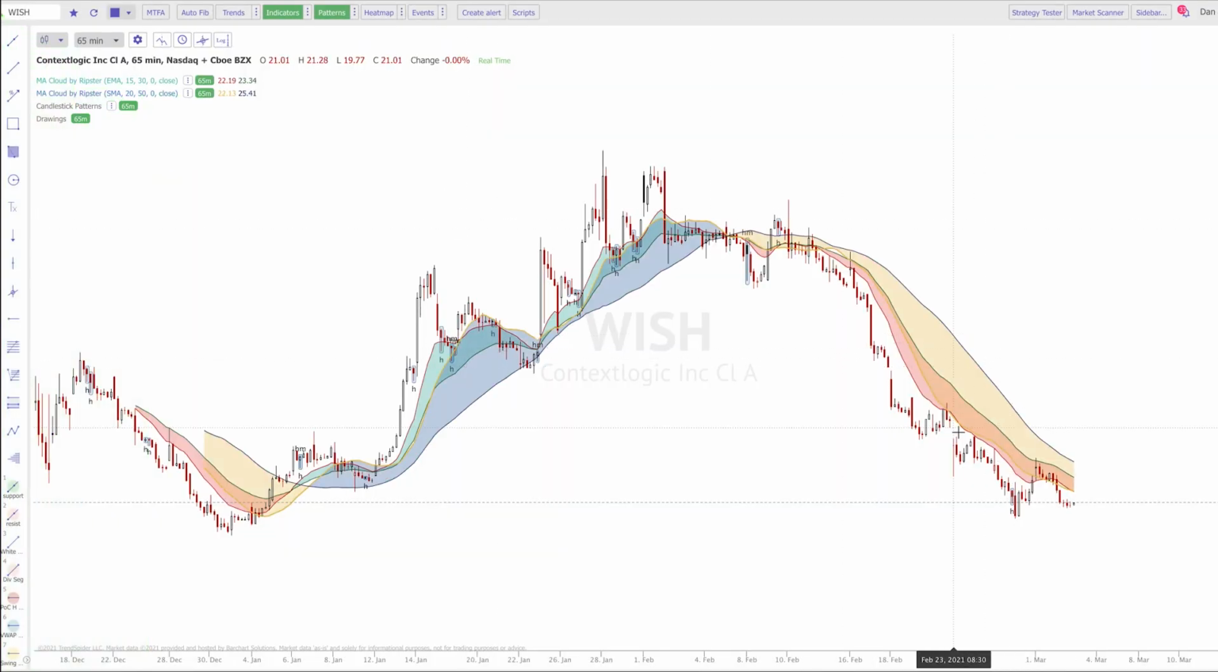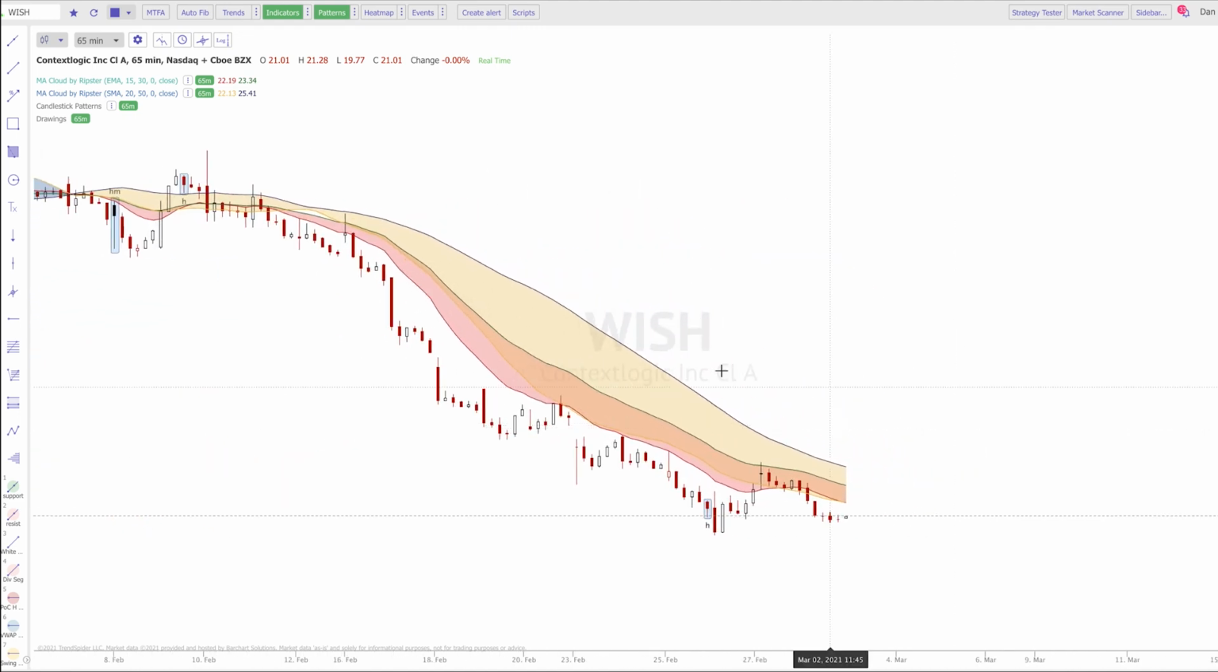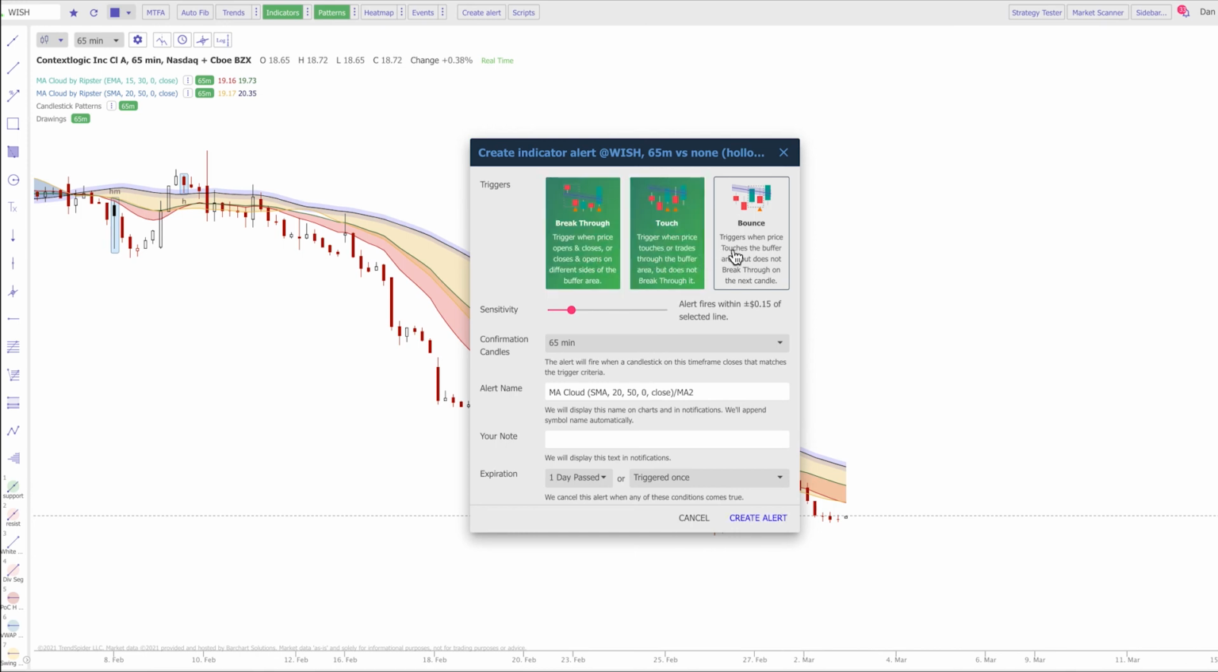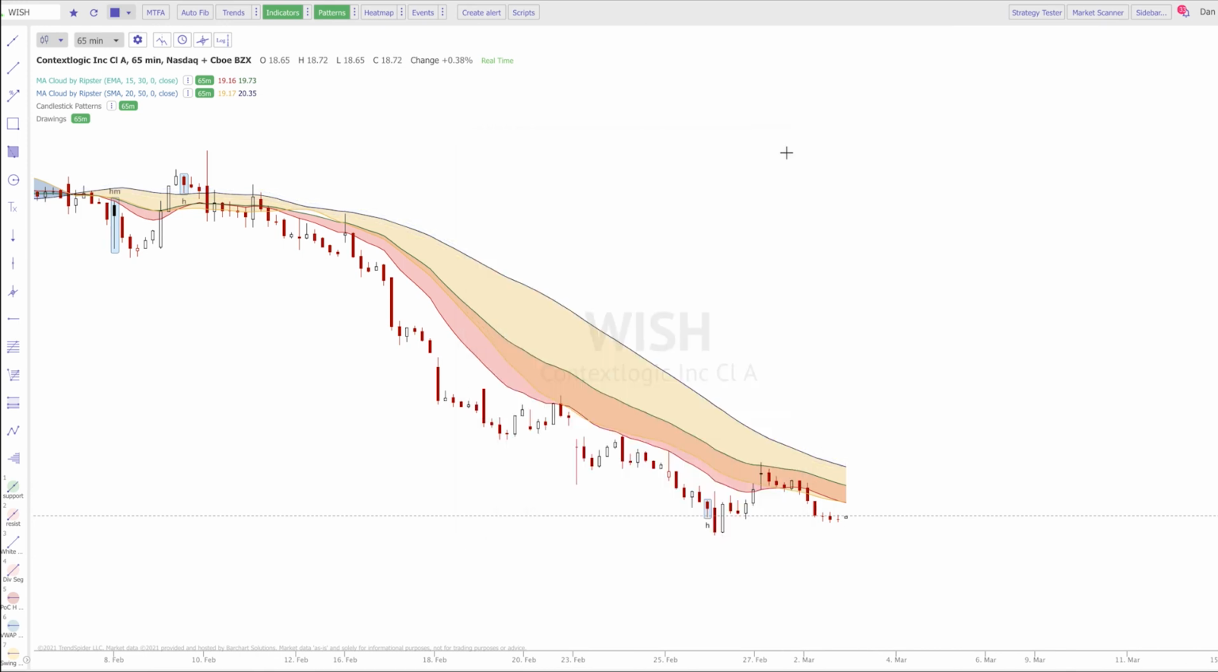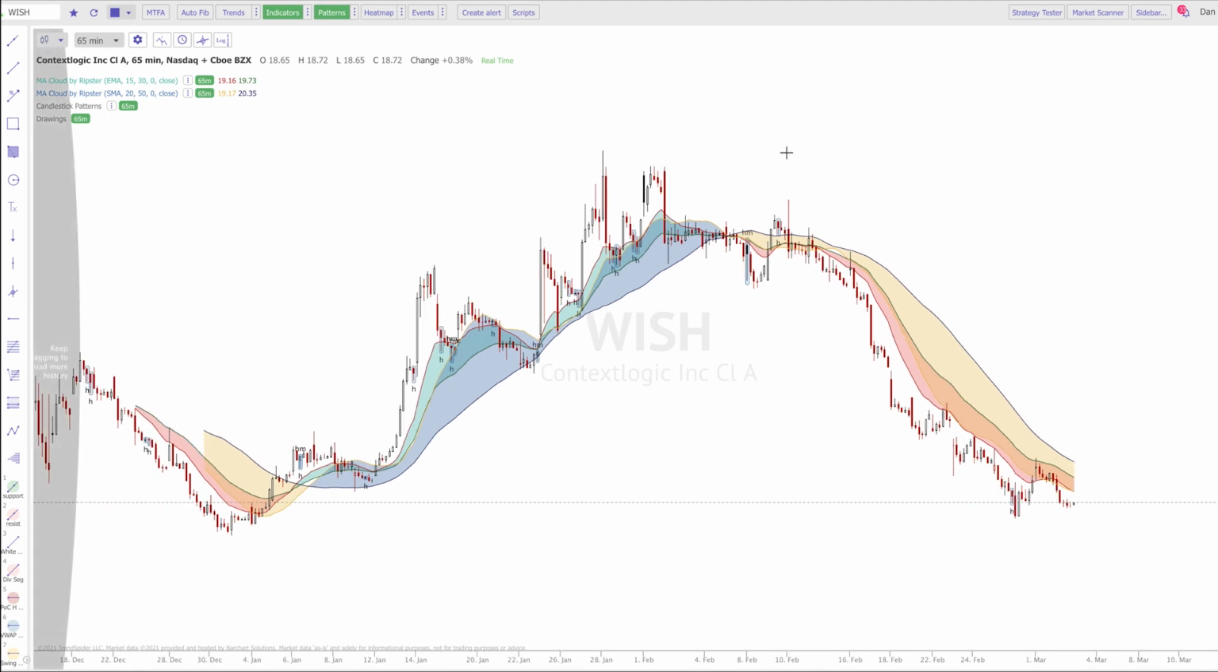One of the nice things about having the lines is you can then use these lines in alerts. So you can right-click on any of these Ripster lines, and you can create an alert on them. And, like all Trendspider alerts, it will dynamically follow that line for you, so you never have to adjust it. And that's a really powerful thing once you figure out which combination of moving average clouds that you want to